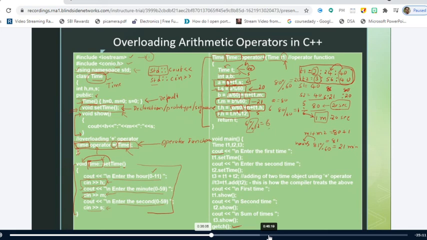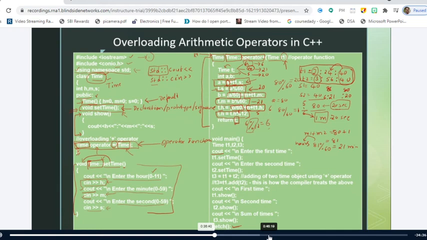So I am going to store 6 inside the h variable of t. So what is the value of h here? It is 6. What is the value of m here? It is 21. What is the value of s here? It is 20. So I am returning this object, return of t. T is a variable of type class time. So I am returning an object. That is the reason why I have given the return type of this function as time. Is it clear up to this point?